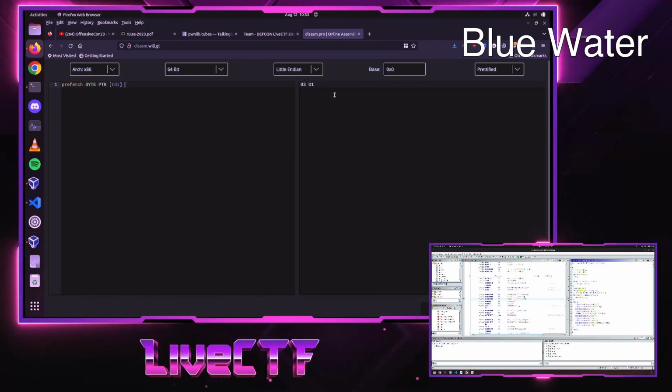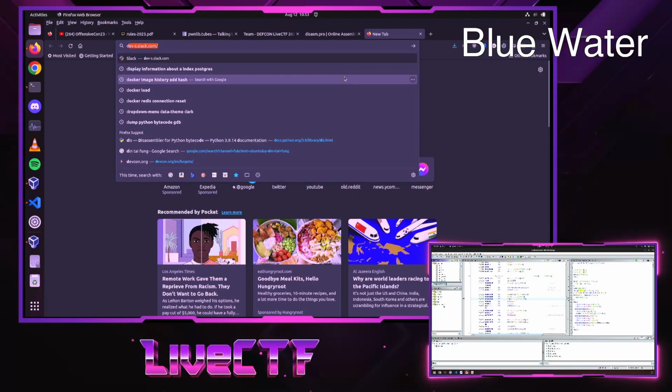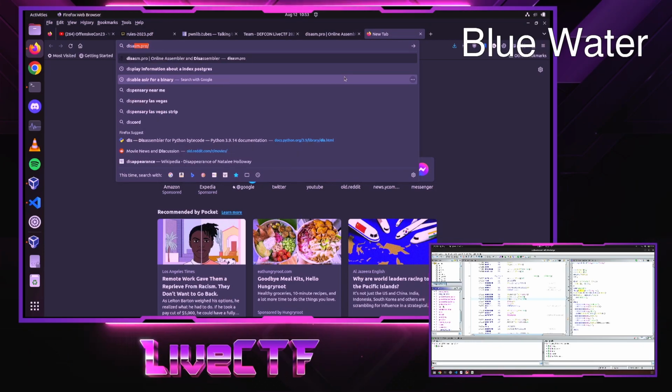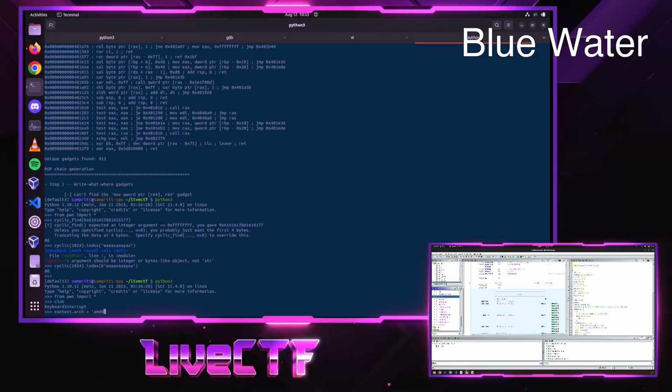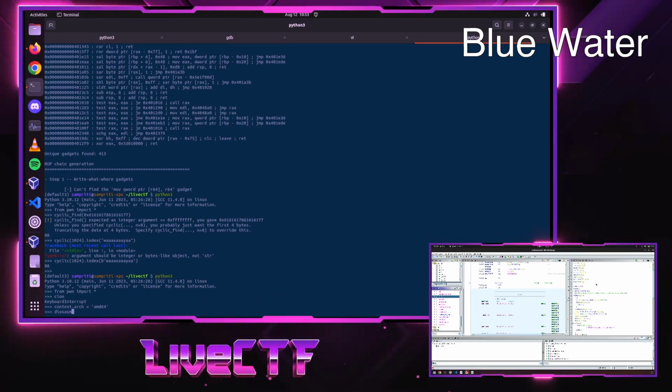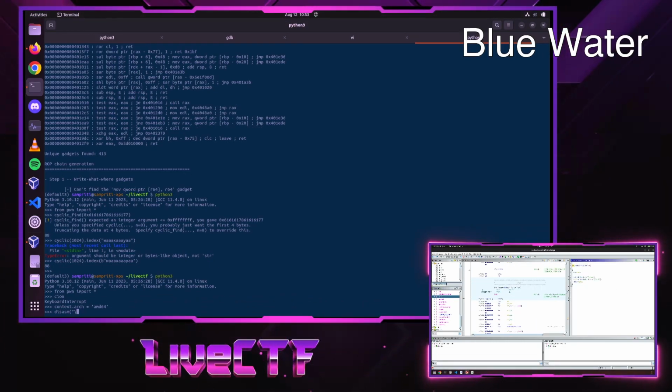disasm.will.gl. Oh, this is nice. It's like a nicer diffuse CA, honestly. Diffuse CA is something I go to for in-browser disassembly and assembly. I just want to copy a bunch of bytes out. Yeah, having little tools like that